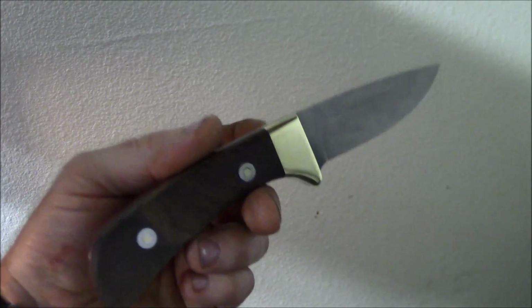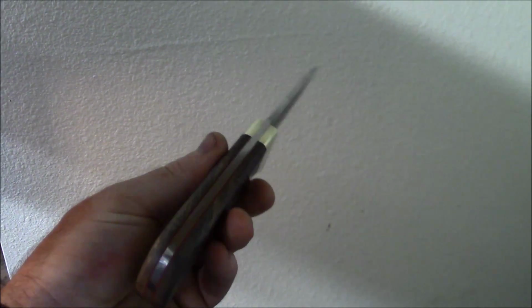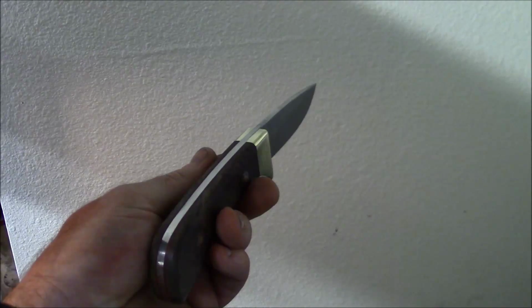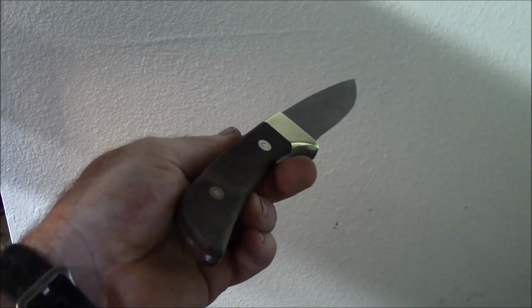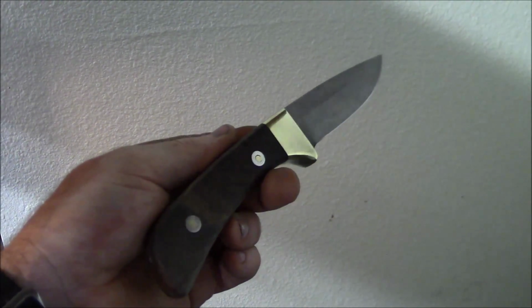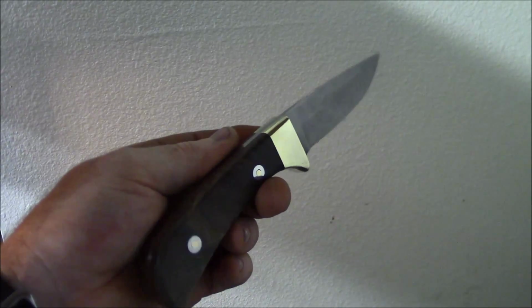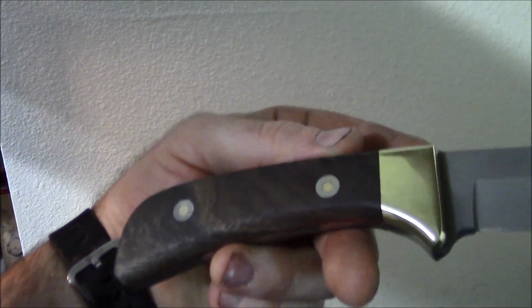Okay, just a shot of the finished knife. You can see the brass has been polished up. Basically just working through the grits. 300 grit, I believe 240 off of the Jiffy, and then 320, 600, 1200 on the knife itself. This is the